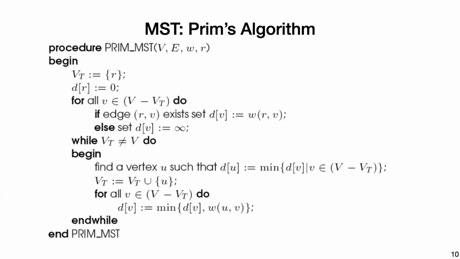And then also, this is sort of ignoring the question of how do you actually find the MST. So this just gives you the weight of the edges, but this is not storing the actual edges that we saved. And we could just store that with every entry in the distance vector. We keep another vector of the edges.